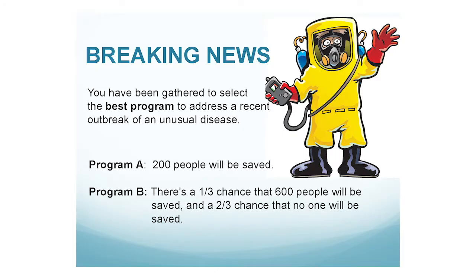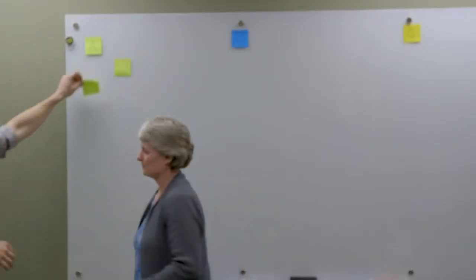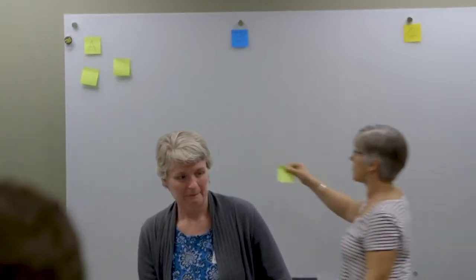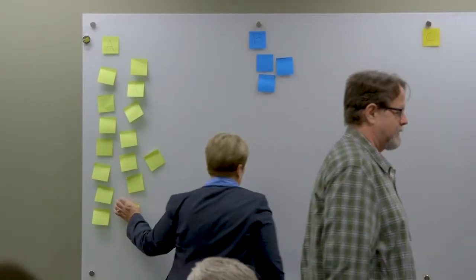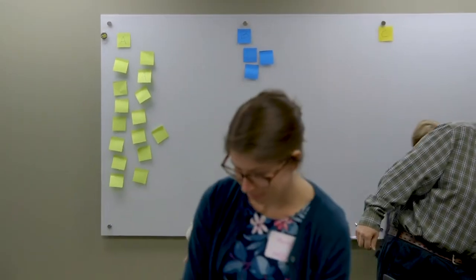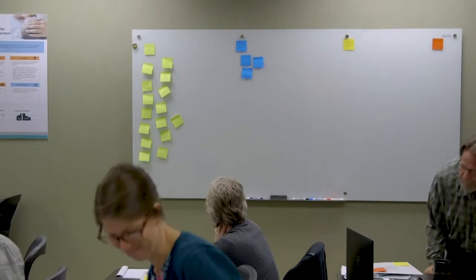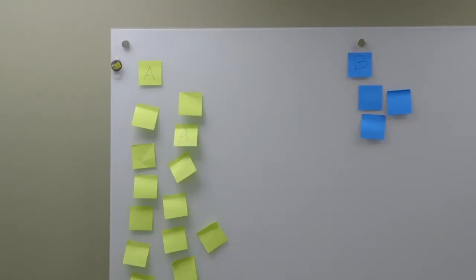Should we tell them to do program A or program B? Okay, all right. So it looks like we think that A would be the program that we should suggest